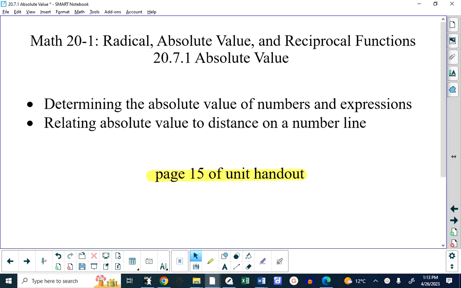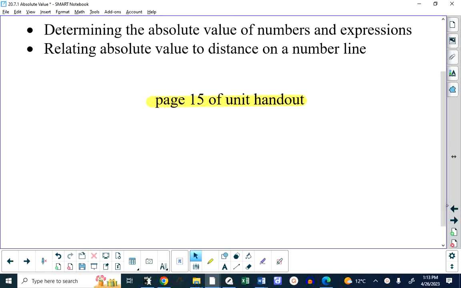This is lesson 7.1, so we've gone from 5 point something, which is in chapter 5. We've hopped all the way over chapter 6, which is going to be the next unit. And then we're into chapter 7 now, which is still part of this unit. We're going to be determining absolute values of things and understanding what an absolute value is by relating absolute value